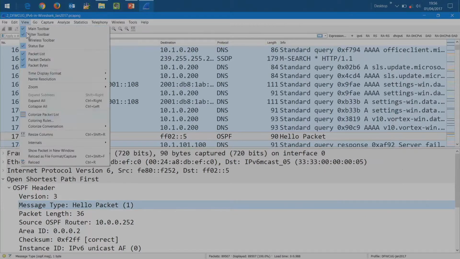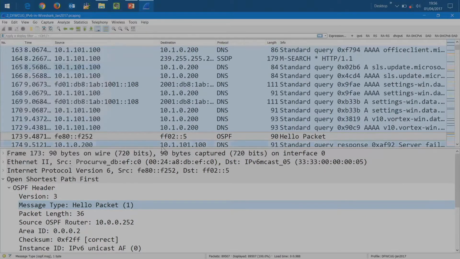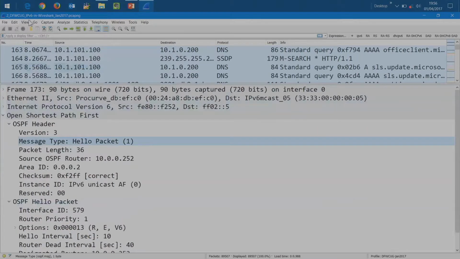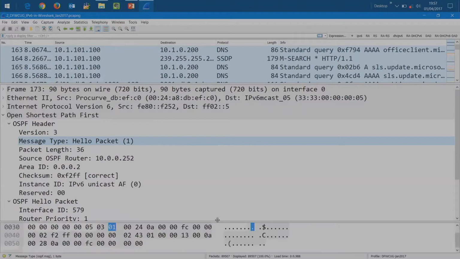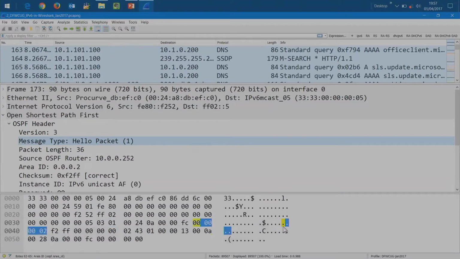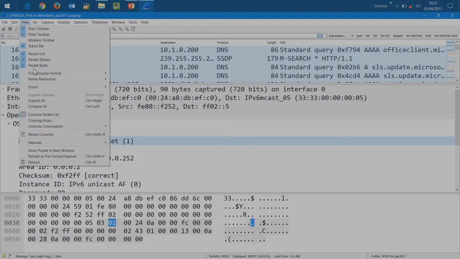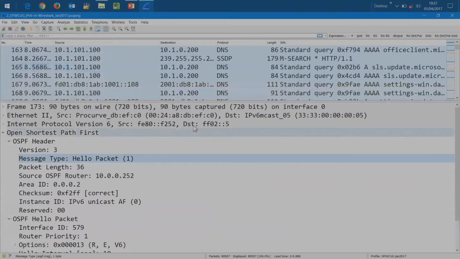So your default view would probably also have the packet bytes screen. You know, all that hex stuff down there. I don't know about you, I'm very rarely myself in that space. It takes up real estate on my screen. If you go to View and just select the Packet Bytes option, deselect it actually, the packet bytes are gone.